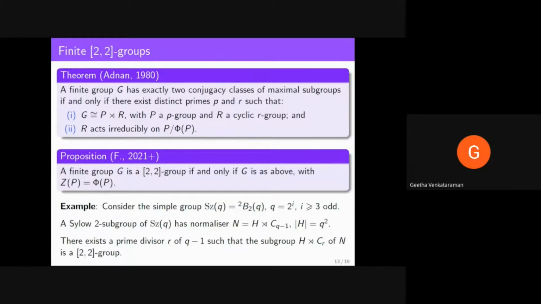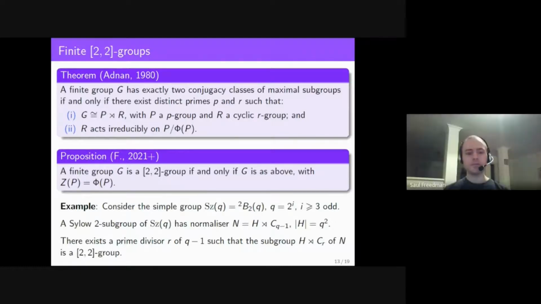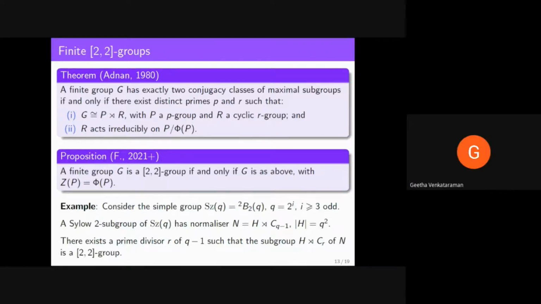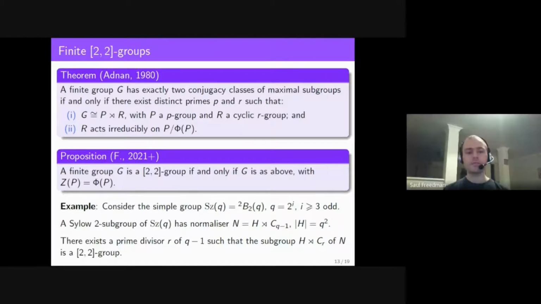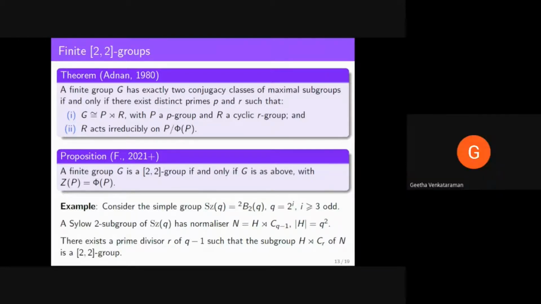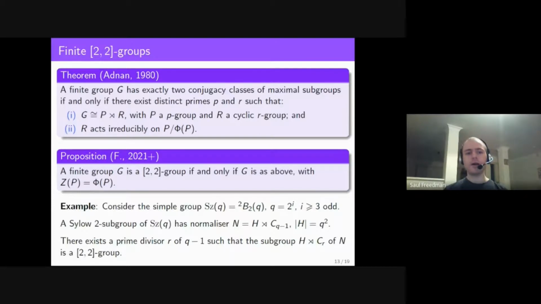So this condition ZP equals Frattini of P, it's almost like the extra special situation, right? Yes, I mean, there is. But yeah. I mean, that doesn't mean anything, right? In this case, I don't think so. It's quite possible that it does, and I just haven't realized it. But I don't think it's as easy as saying that it's extra special or something like that.